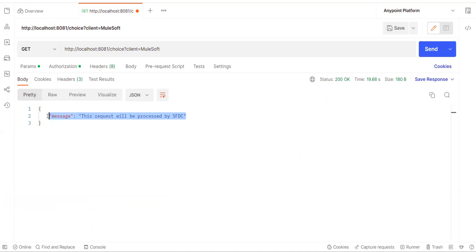I sent MuleSoft, but since two paths were matching this condition, that's the reason I could see the first one from there. Got it. Okay, so we'll stop here, and I'll recommend you to